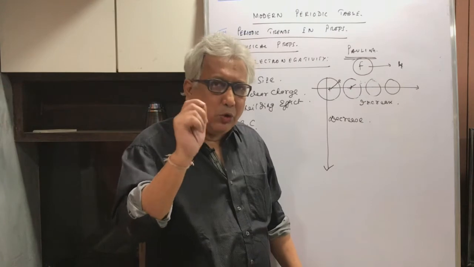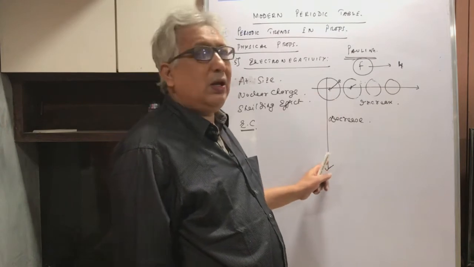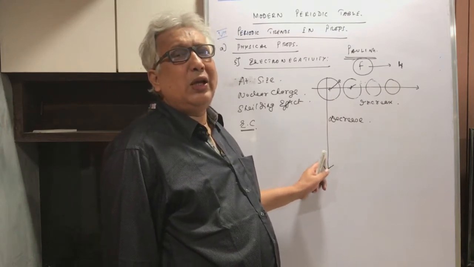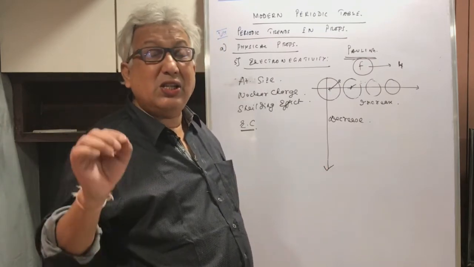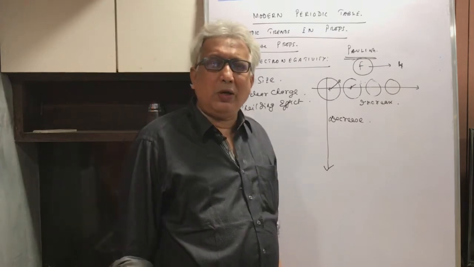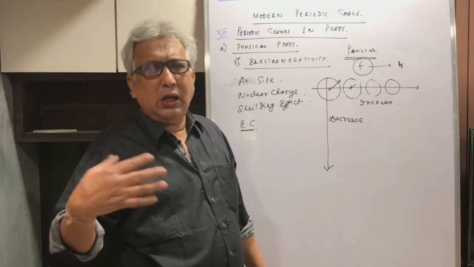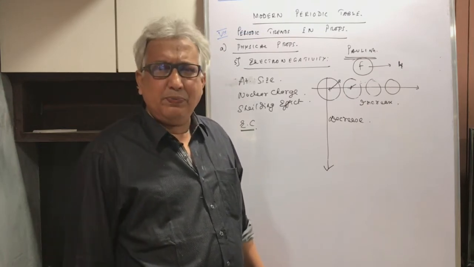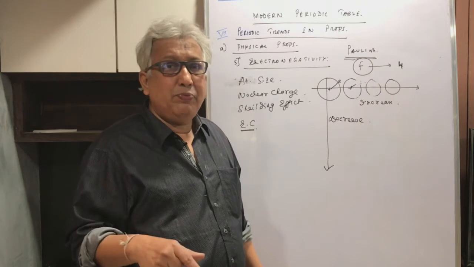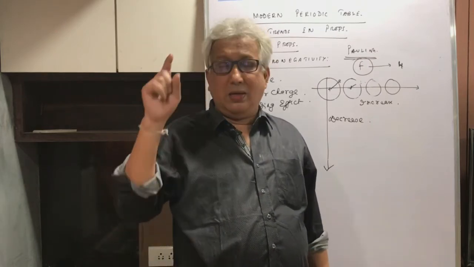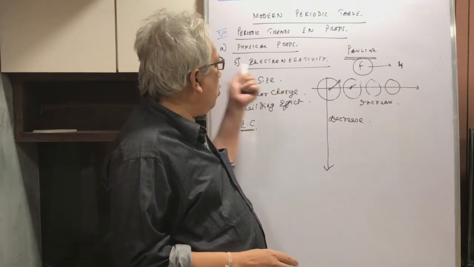And there is one more thing I want to tell you which is not there in your textbook, that is the least electronegative element in the periodic table is cesium. Cesium's electronegativity is 0.79. You can say roughly about 0.8. This is the least electronegative element in the periodic table. Everybody will talk about the most electronegative element, which is fluorine with an electronegativity value of 4 on the Pauling scale. But if somebody asks you the least electronegative element, you must know it is cesium with a value of 0.79. Is that okay? So with that, I think we are through with electronegativity,